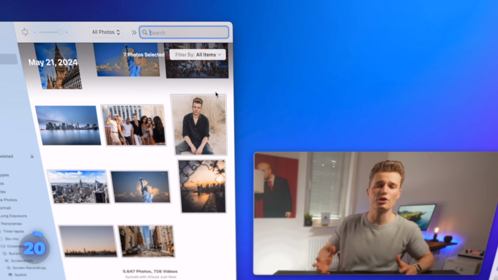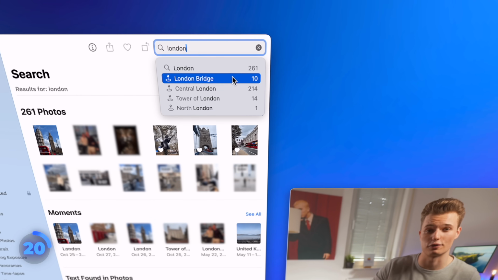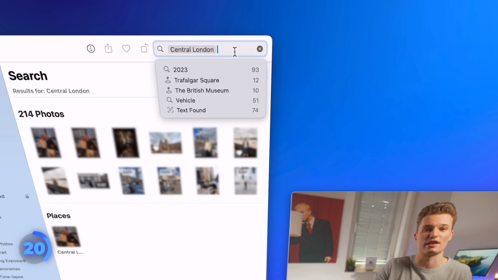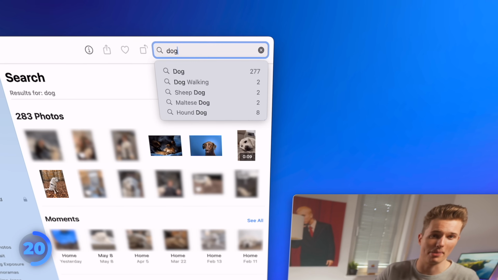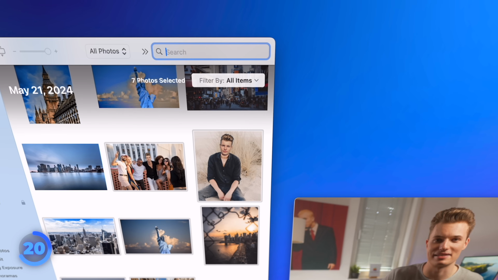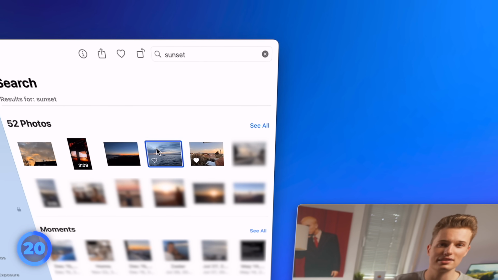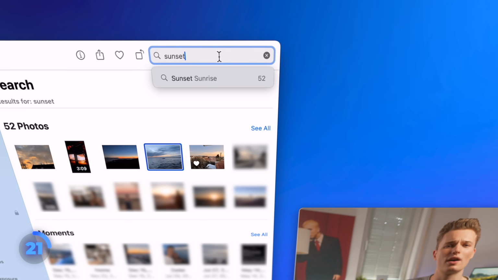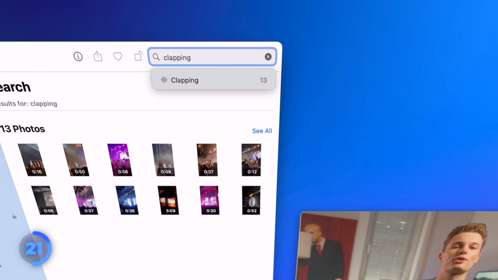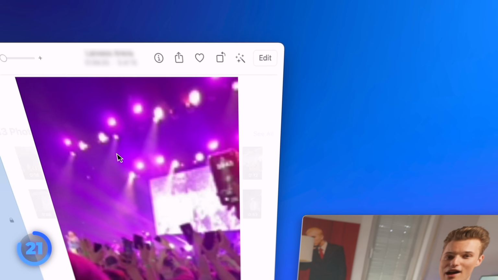The search in Photos is way smarter than you might think. For starters, you can not only look for specific locations, people or pets, but also describe places and scenes. So just for instance, photos taken in a city or during a sunset. Plus, and I've just discovered this one a few days ago, even search for sounds in videos like laughing or